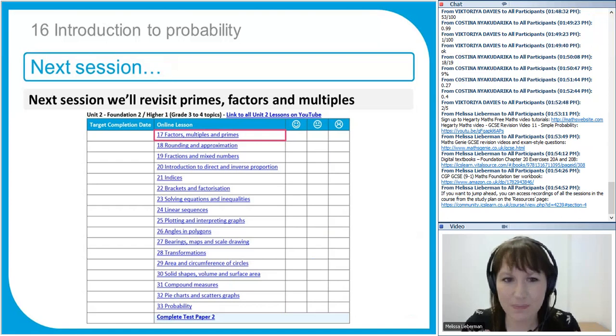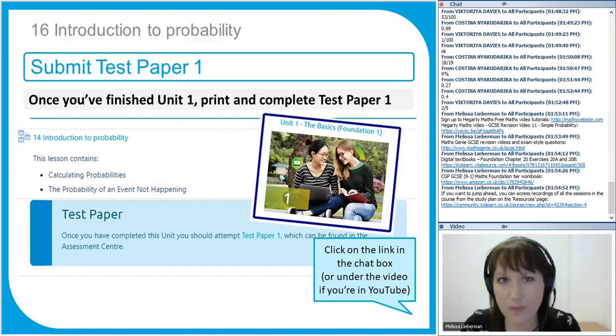Next session, Kirsten will be covering factors, multiples and primes. So we did that in session 3, but this will really go through some more difficult examples once you've finished unit 1. If you finished all of Unit 1, got to the end of session 16, please do take some